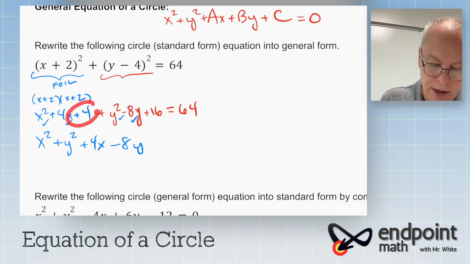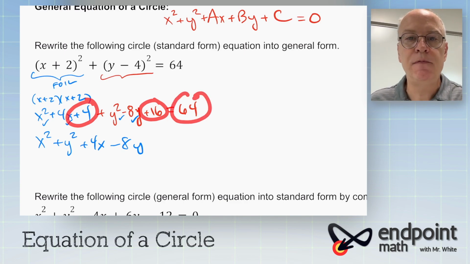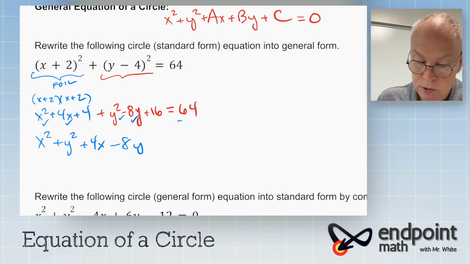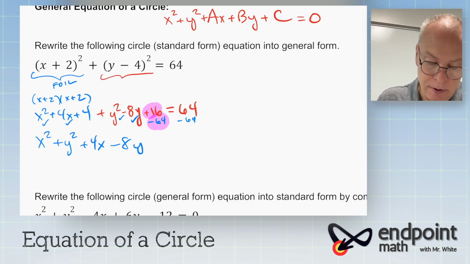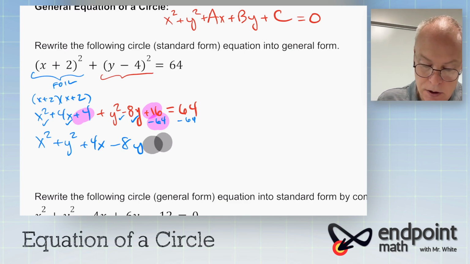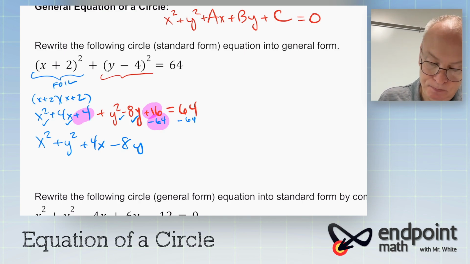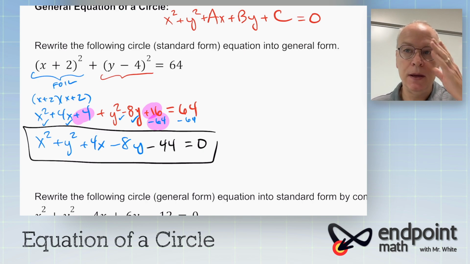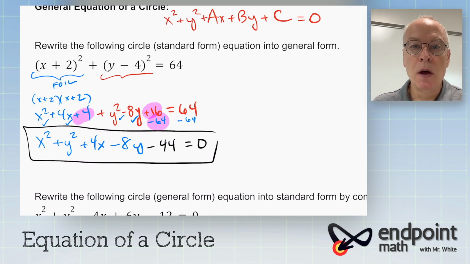Now I have 3 things floating around, and notice that the 64 is on the right side of the equation. So I am going to subtract 64 on both sides. And then I'm going to, for you, highlight the 3 different things that we have to add up or combine. So that would be 20 minus 64, which is negative, oops, go back to my pen, minus 44 equals 0, and there we have it. We have just converted to that form. Not too bad, right? What about the other